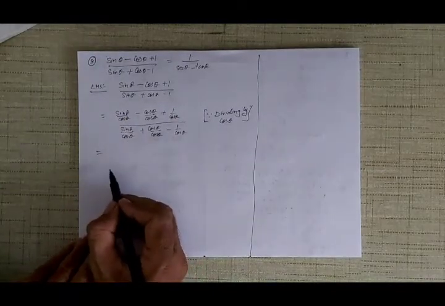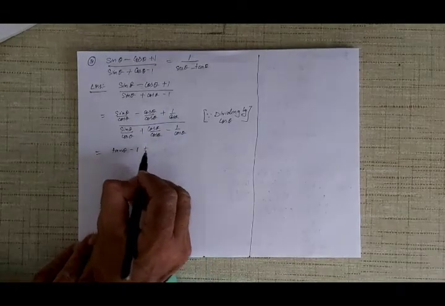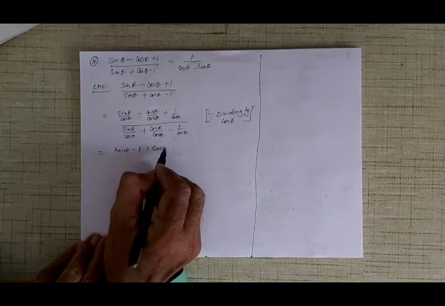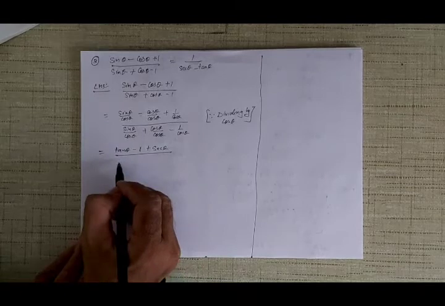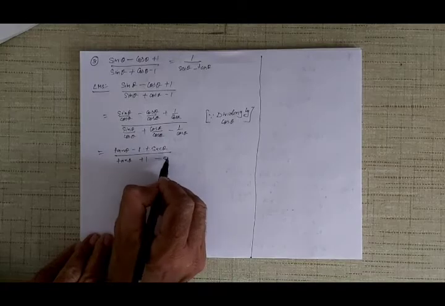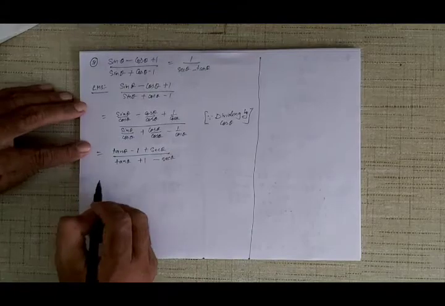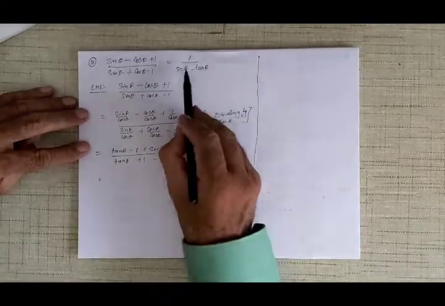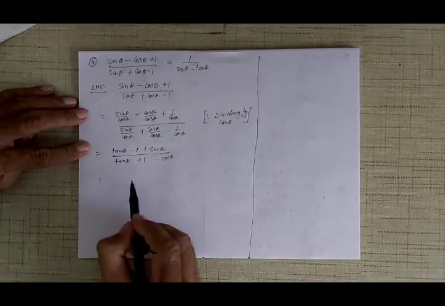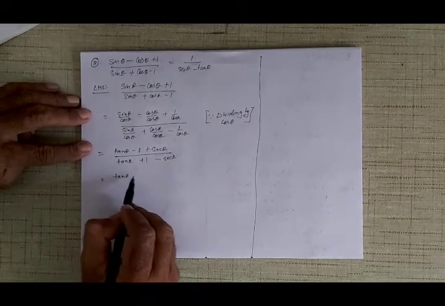Now sin theta upon cos theta is tan theta. Cos theta upon cos theta is 1. 1 upon cos theta, 1 upon cos is sec theta. Okay, and similarly sin theta upon cos theta is tan theta plus 1. 1 upon cos theta is sec theta. So dividing by cos theta, then simplifying it. Now after this, because you see here on the right hand side I want sec theta and tan theta, so I have converted everything into sec theta and tan theta. Now all I do is tan theta plus sec theta.